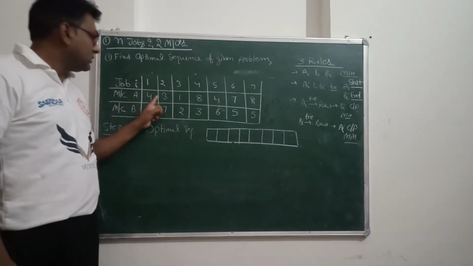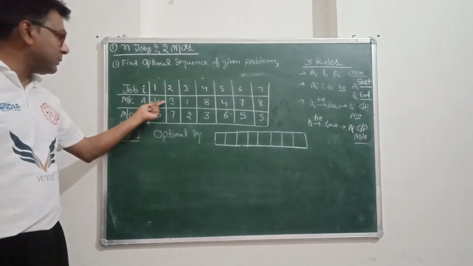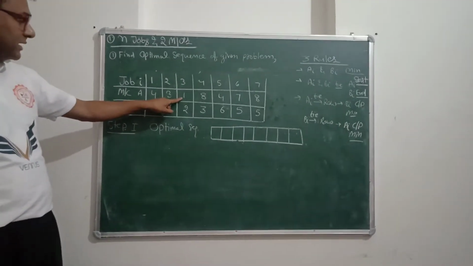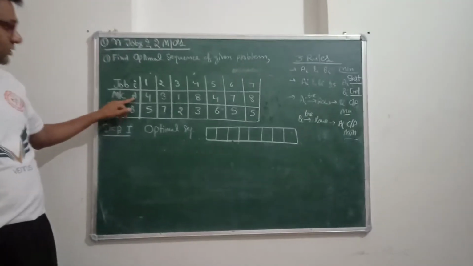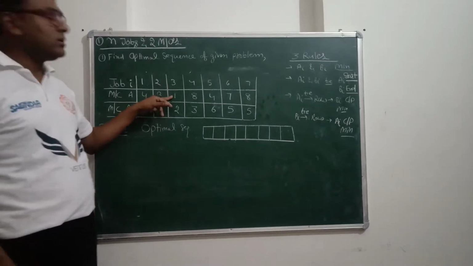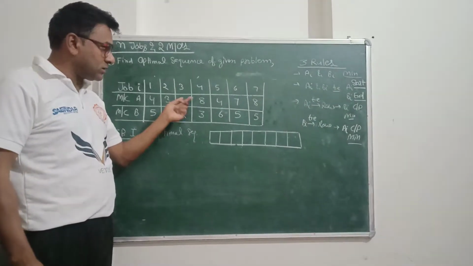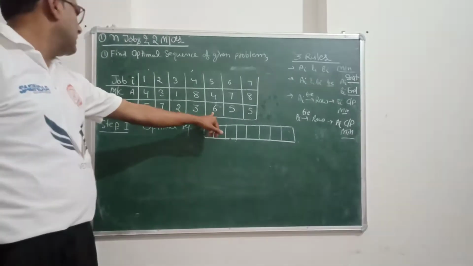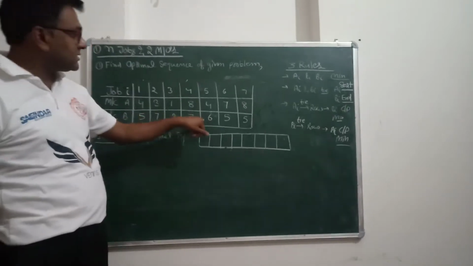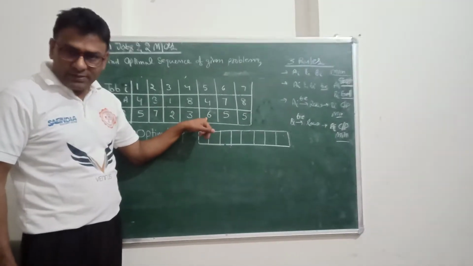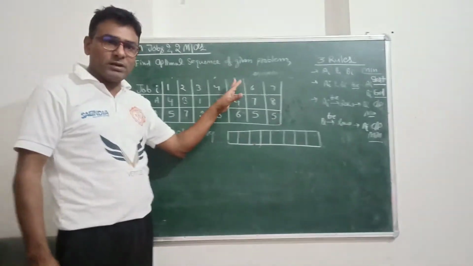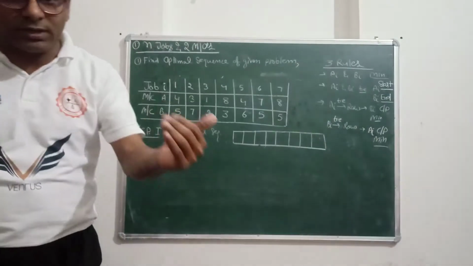Now these different values are the different processing times. For example, if you select this particular cell, this shows that job 3 on machine A will require only 1 minute, as given in the question, for completion of the job. Similarly, if you choose this particular cell, this will show you that job 5 on machine B needed 6 minutes to be completed. Okay, so this is the processing time. A particular cell will denote the particular processing time for a particular job on a particular machine.